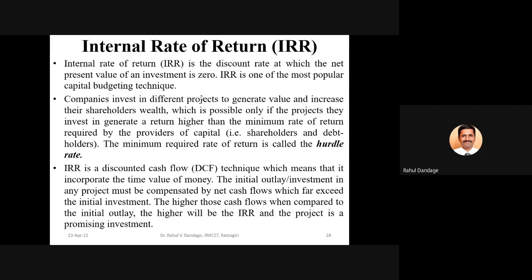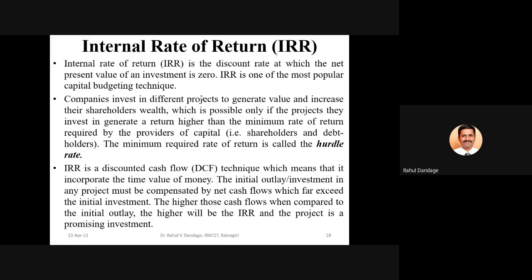When we don't know the discount rate, we simply have the data about the initial investment and the various cash flows at the end of different years. If we put all the present values of the cash flows minus the initial investment, that is the net present value, and equate it to 0, then the unknown, that is the discount rate, is what we calculate for net present value equal to 0, and that particular discount rate or cost of capital,